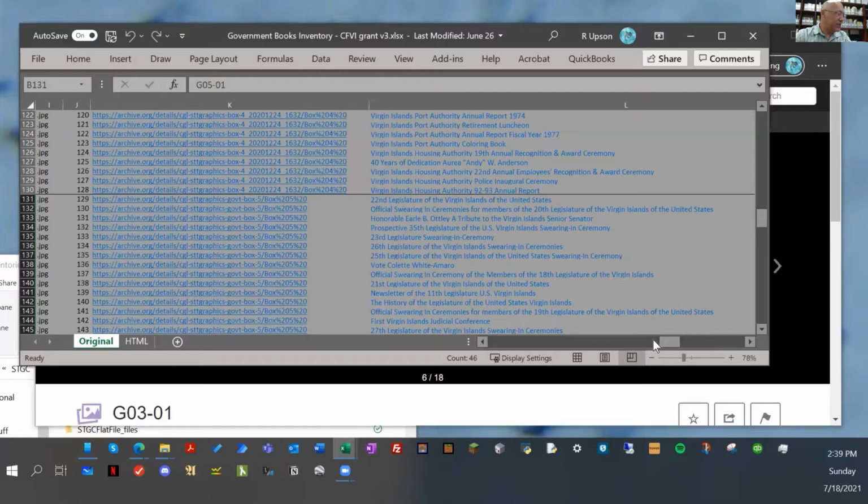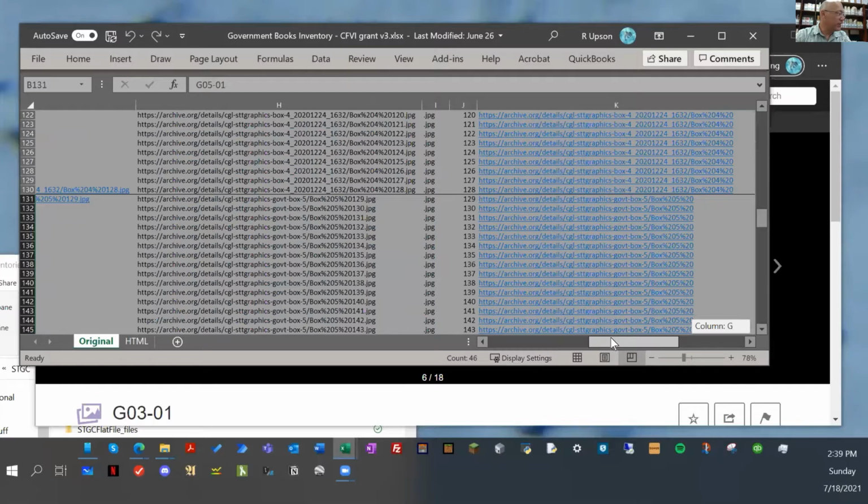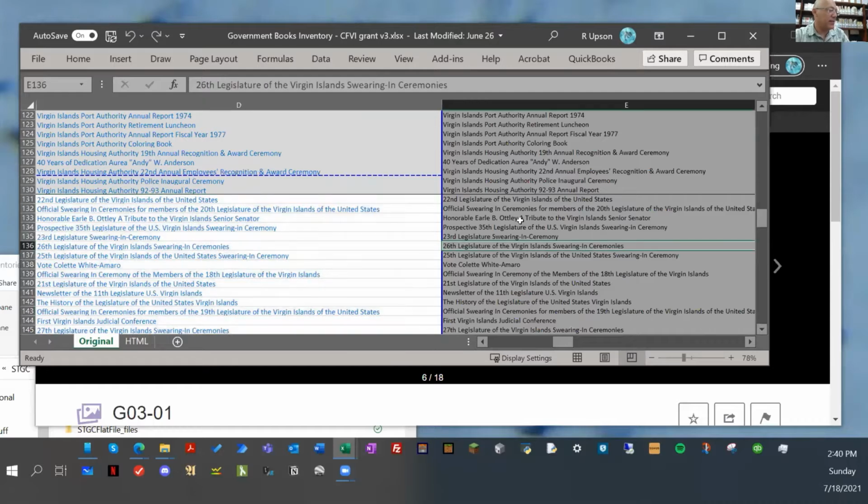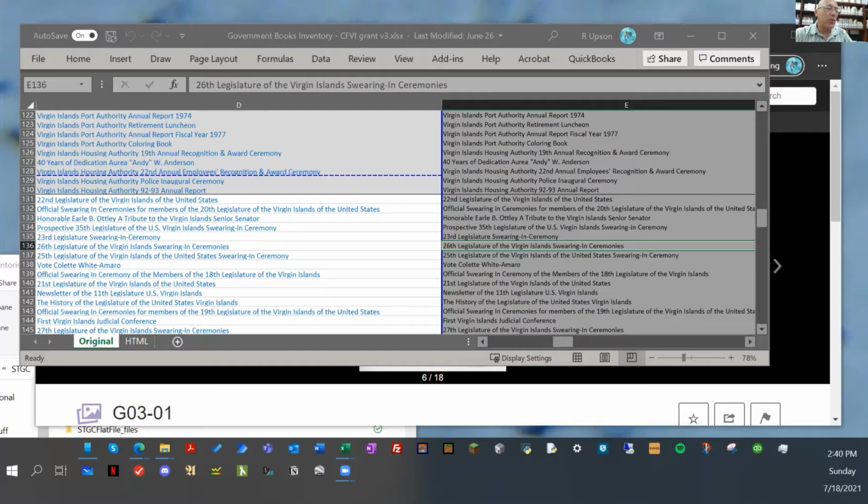Yeah, she didn't have as much information on the government ones. She spent most of the time on those printed materials. So there's really not much more here. Maybe I'm just thinking because I've seen your name in these legislature swearing in ceremony booklets. Probably. And so, that's another point I want to bring up